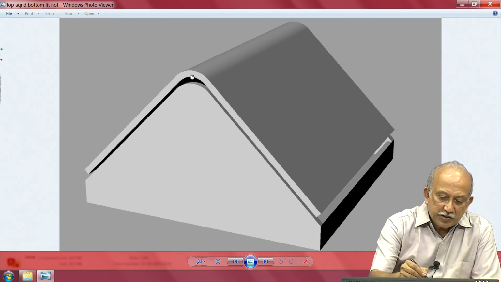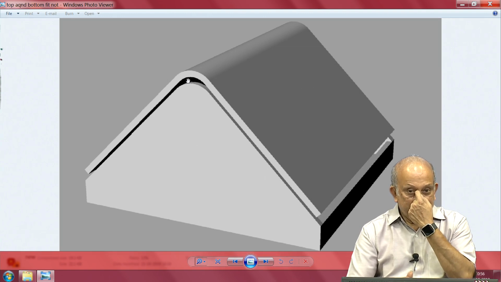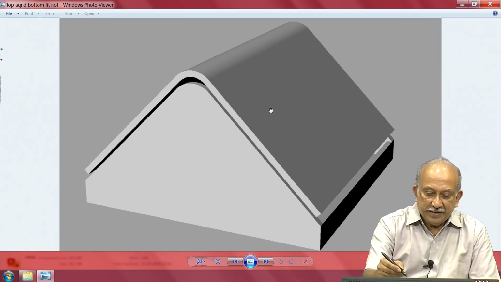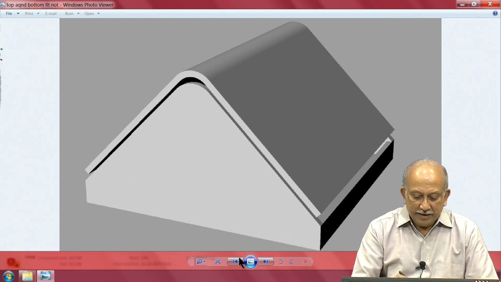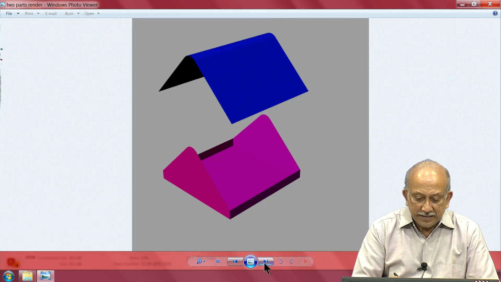Same thing here, I have assumed some radius here, the radius does not seem to match here. After showing my renderings to the shop people, I get back and then I try to make the best use of whatever can be done here.